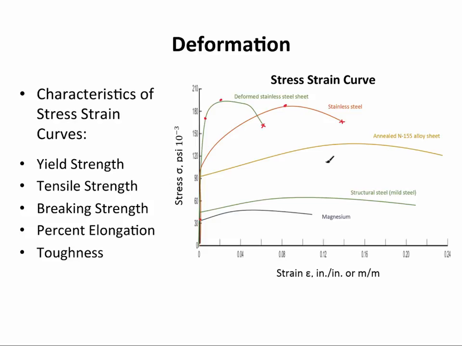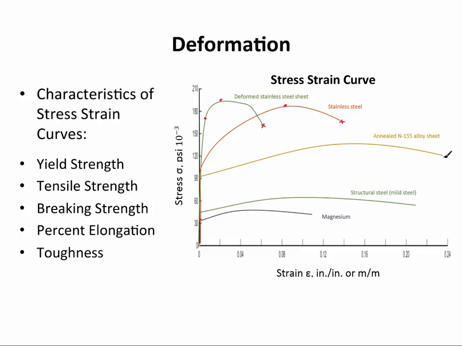The next property you can find on a stress strain curve is percent elongation. The percent elongation is the amount that the sample plastically deforms before breaking. This can be seen by the length of the curve. So again, to find the percent elongation, you would go out to this point here, where you found the breaking strength, and draw a line parallel to the elastic modulus. And then this value here, multiplied by 100, would be the percent elongation. So you can see that the annealed nickel alloy sheet had the largest percent elongation, which makes it the more